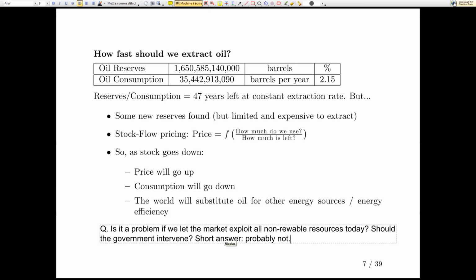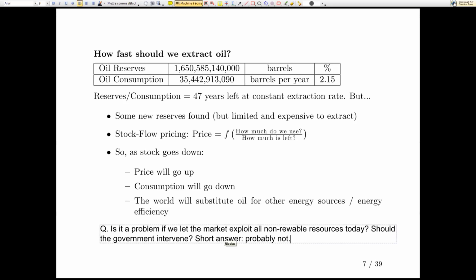Well, if that was the case, then what I would do is go to the bank and borrow a lot of money and buy as much oil as possible and bury it in my backyard in some tank. And then I would just keep this as an inheritance for my children, because I know that in the future, there is no oil left except what I have buried in my backyard. So they're going to be super rich. So that's an awesome idea. But then is that what's going to happen?